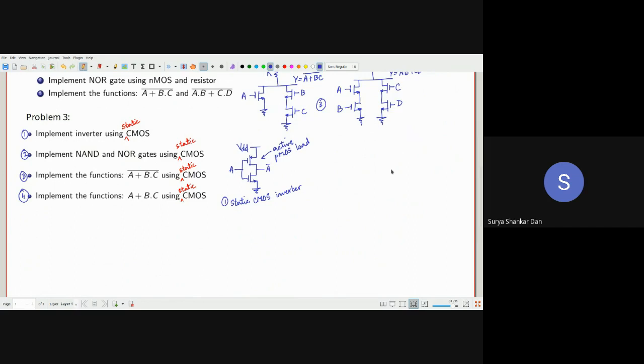All right. So as usual, as we have seen in the previous problem, we are going to create the NAND and NOR functions, Boolean expressions, using the NMOS first. So if it is NAND, the two inputs should be in series. So all we will do is A, B. So this is A, this is B, right? And then this is the N block. For the P block, we will just make the dual of this. So whatever is in series will become in parallel. All right. So this is in parallel.